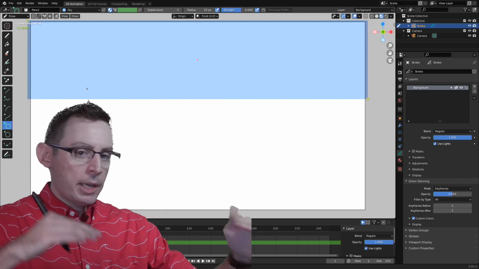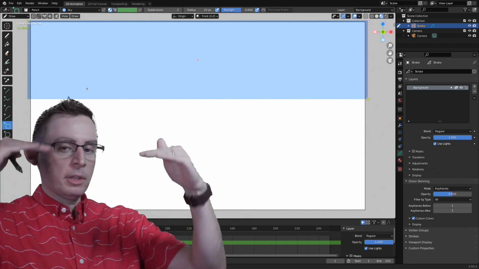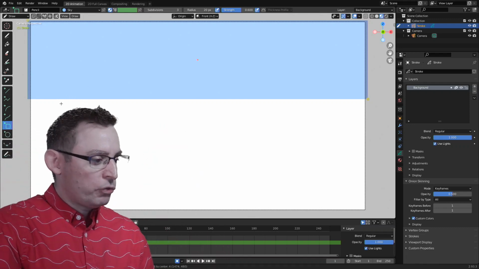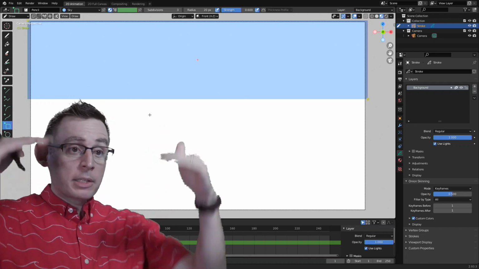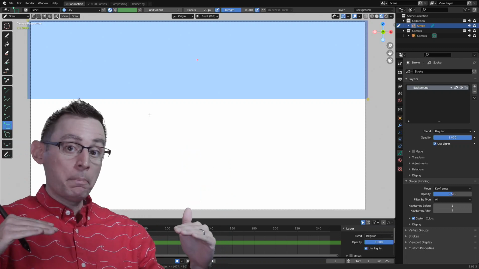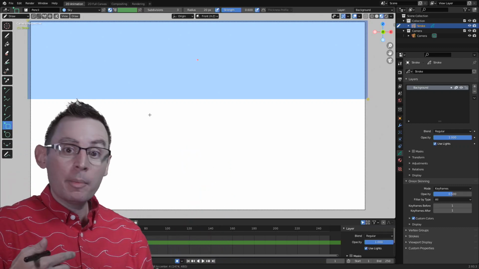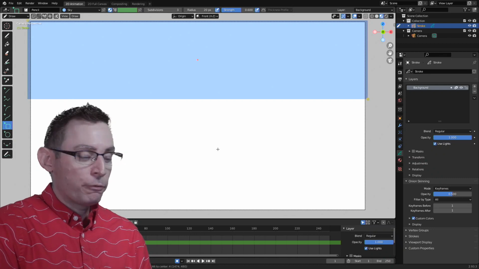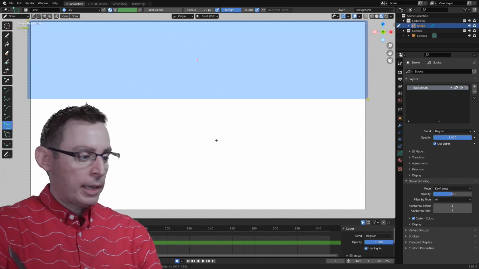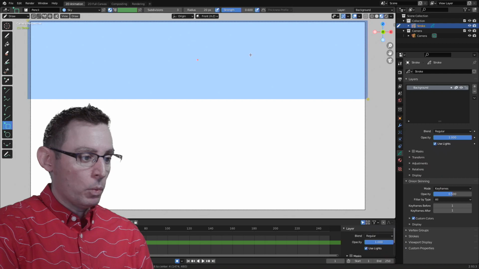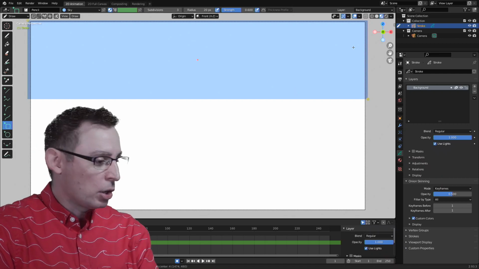When the horizon line is kind of at the top two thirds, if you will, it draws focus to the ground. When the horizon line for your illustrations is down at the bottom third, it draws focus to the sky. Now, I want the focus of this animation to be on the ball. That's going to happen in the foreground. So having that horizon line kind of at the top third is going to be a good place to begin.